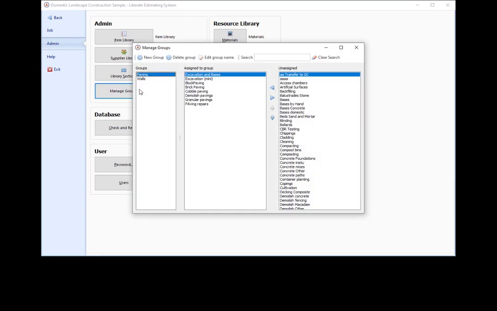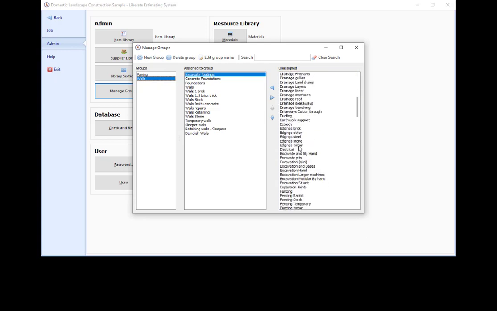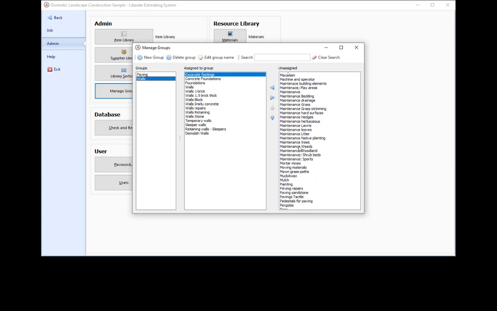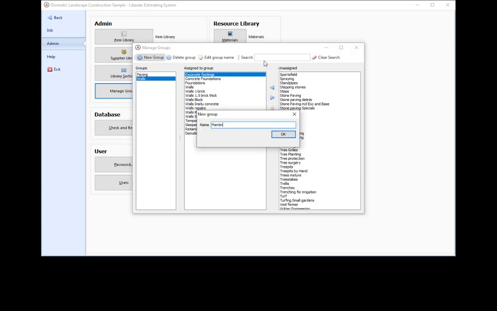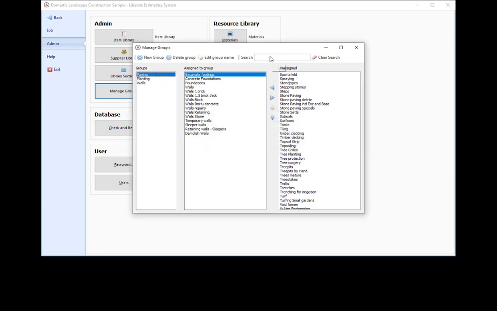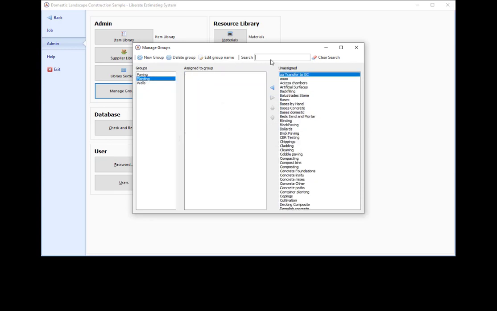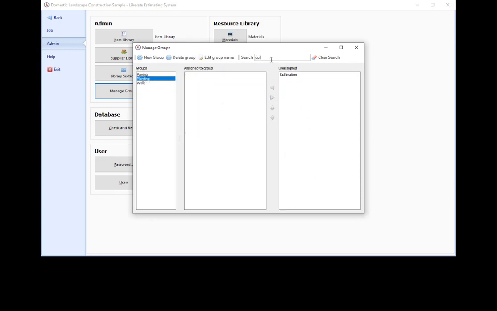Under that, you'll see your existing groups with what is in each group assigned to the group. This is walls. This is what's assigned to the walls. These are all my available categories, which I can put into the groups. And I am now going to create a group called planting. I've created the group. And now all I have to do is make sure I'm clicked on that group and